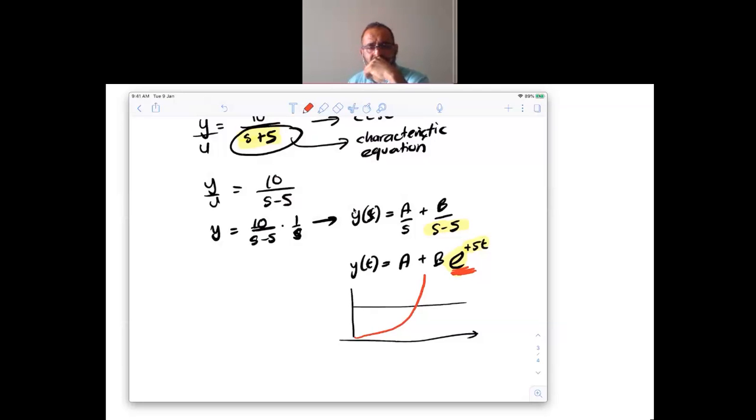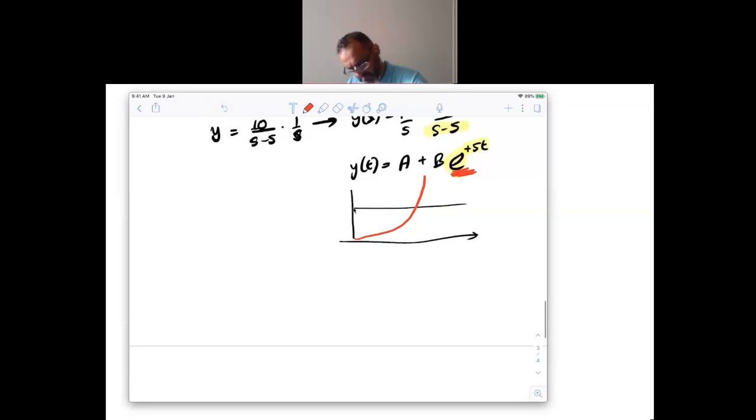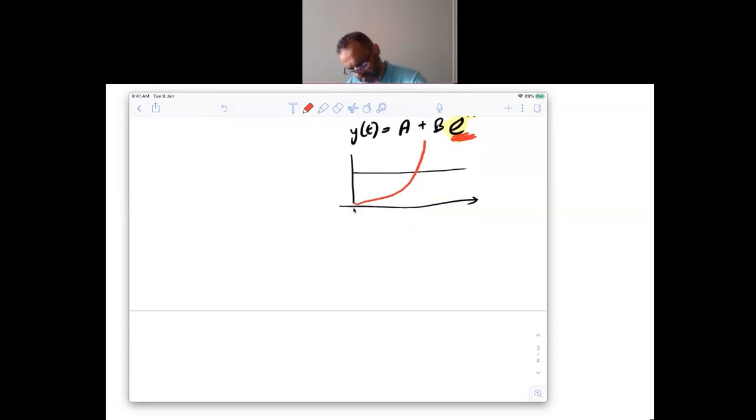So, to say, for stability you don't have to plot the response. You can tell whether the system is stable or not by looking at the characteristic equation and the roots of your characteristic equation. Let me explain what it means by roots of the characteristic equation. It simply means this value, s plus 5 just now. Let's go back to the value of s plus 5. So, characteristic equation,